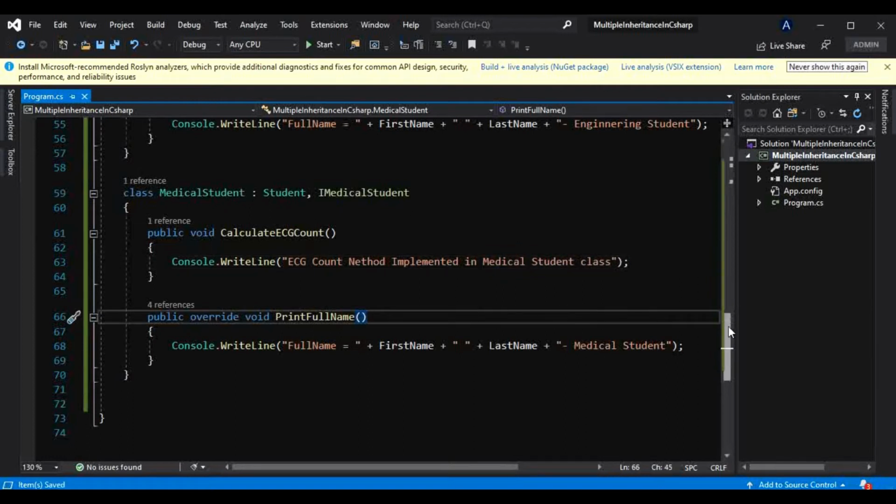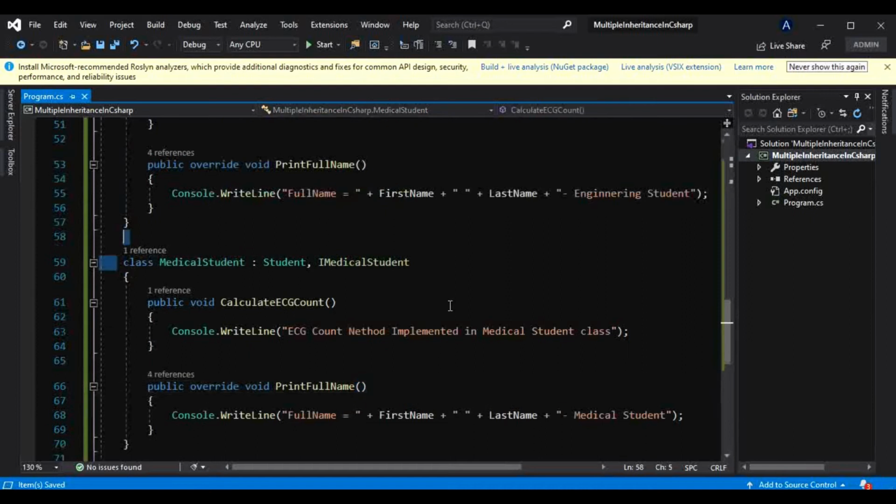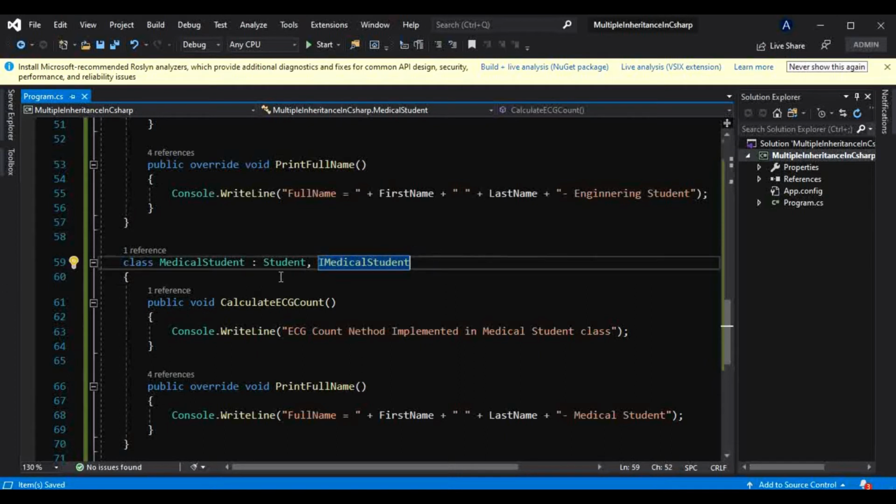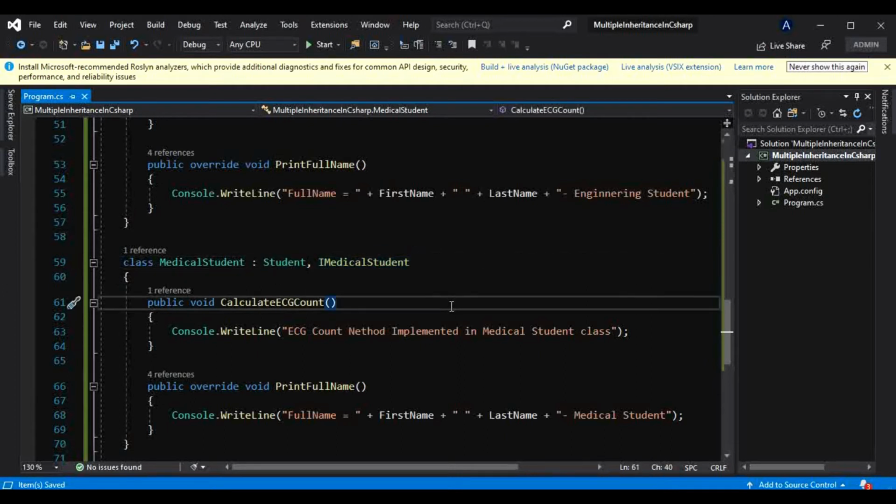So that's how we have implemented multiple inheritance as well. This single type is nothing but inheriting from more than one type, that is from this class as well as this interface. And it can also inherit from more than one interface, but not from more than one class. That's the problem we encountered during multiple class inheritance, that is the deadly diamond of death problem, and everything we have learned in the previous tutorials. We can inherit this class from more than one interface, but not from more than one class.